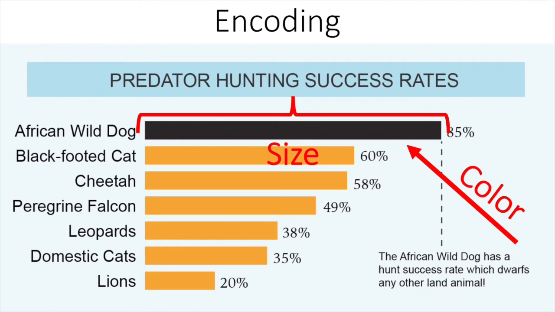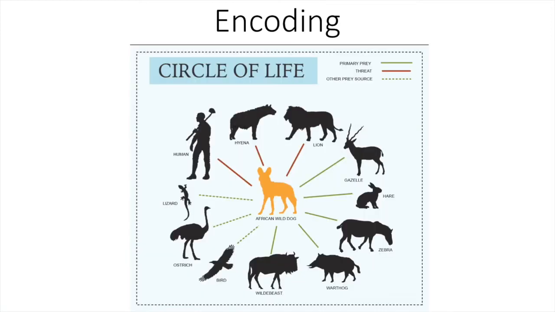To encode this information, the size and height of each bar corresponds to the success rate percentage, while the color of the bars are all the same except for that of the African wild dog, in order for the wild dog to stand out. For my relationship display, I used a combination of different line treatments and colors to create